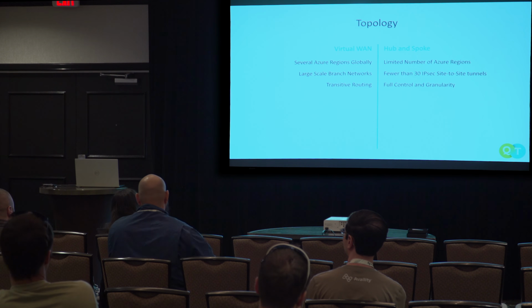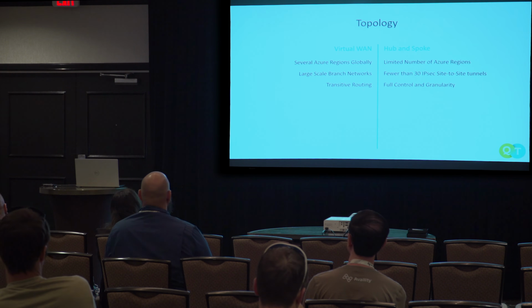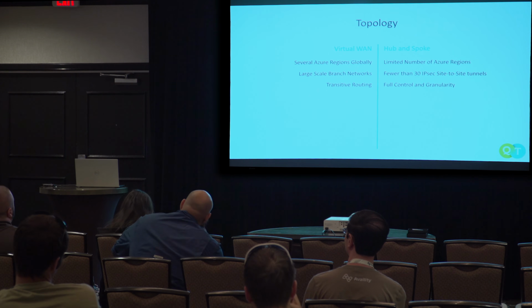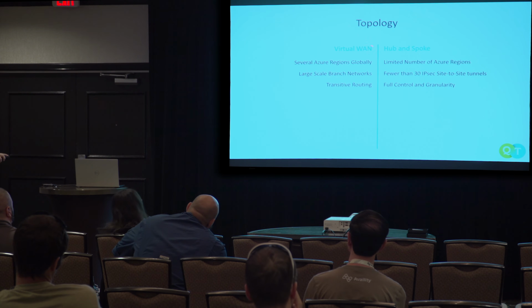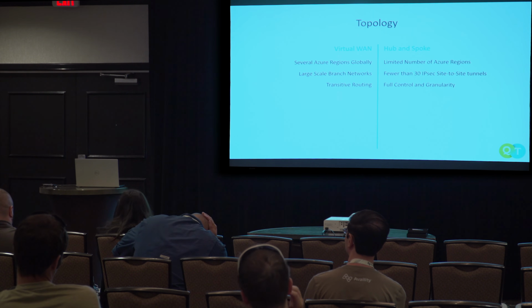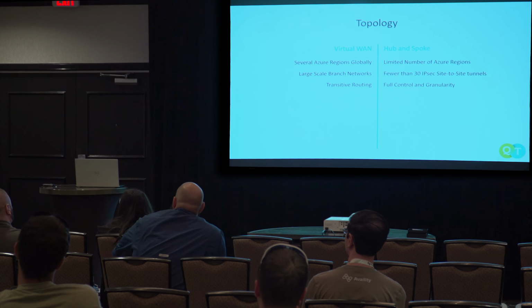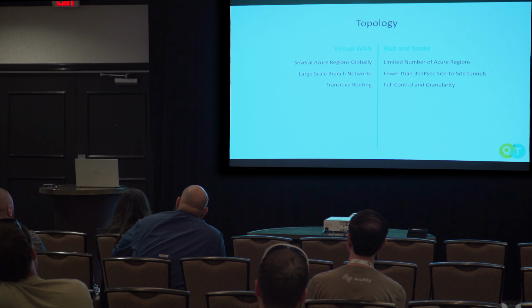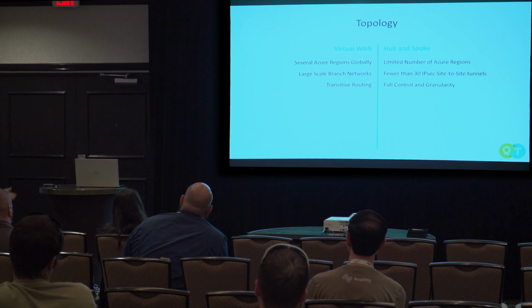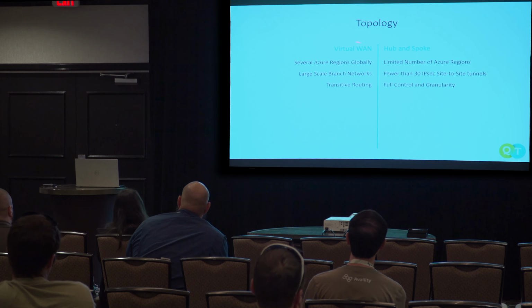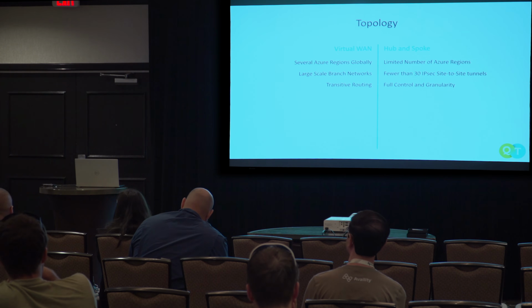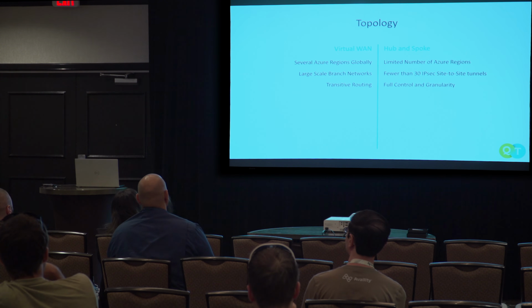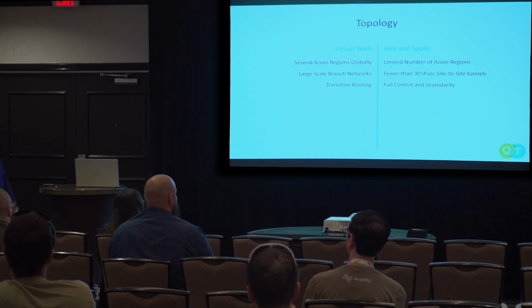Realistically, you go with virtual WAN if you're a really large organization spanning multiple data centers or regions, and you use hub and spoke for a smaller setup. You can also think about this as I said, we start with business unit and then application team. This still applies when you're doing your own internal topology. If your team is so large that you actually need a separate vWAN from the major central one, maybe that could happen, but primarily if you're not setting up the entire cloud topology, you'll be working with the hub and spoke, because all you need is that one VNet that you peer off of.